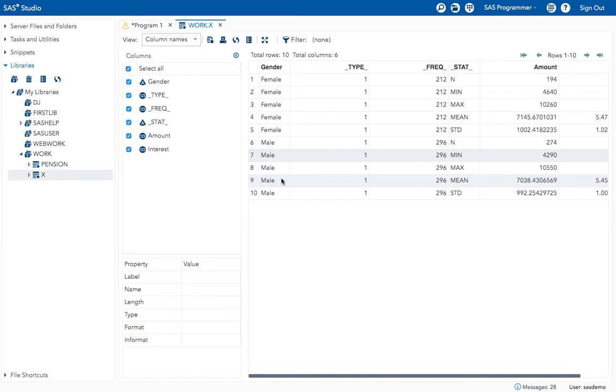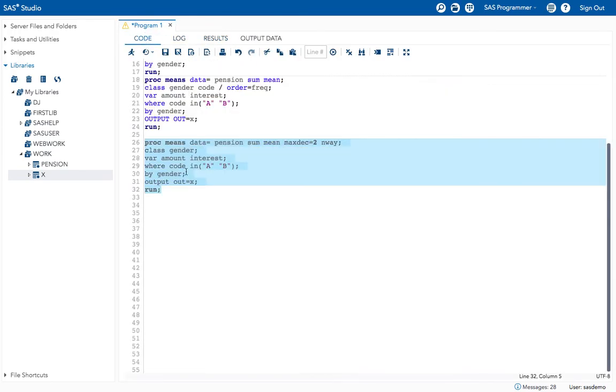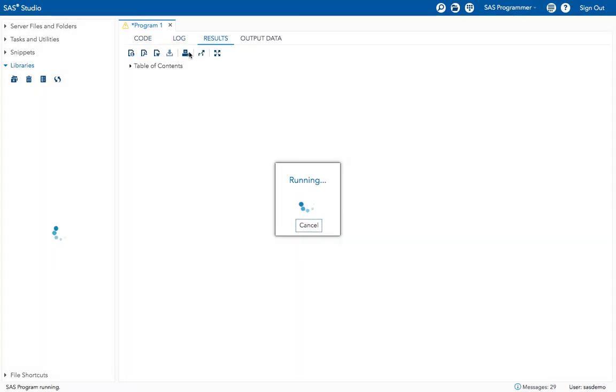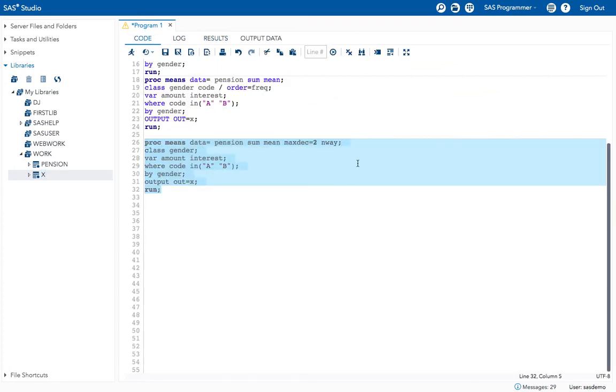Okay, so the next one is, see, whenever I execute the program to generate an output data set, it is creating my results in the output window also, right? See now I don't want to generate my results in the output window, for that use the NOPRINT option.